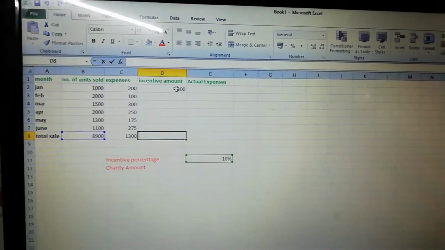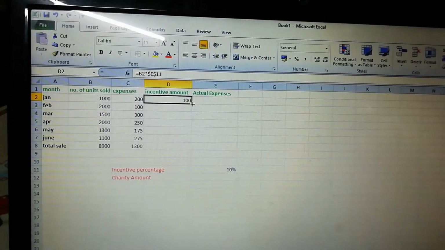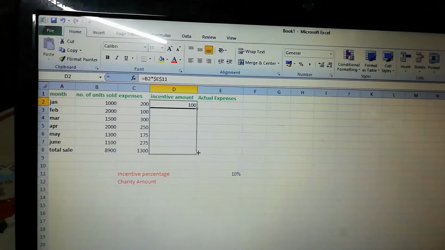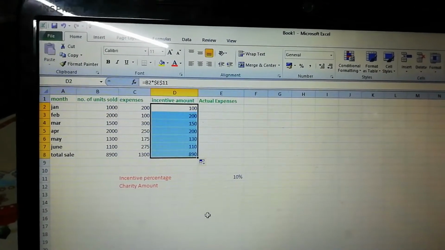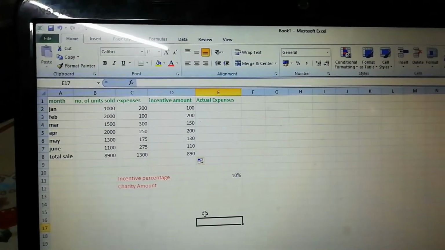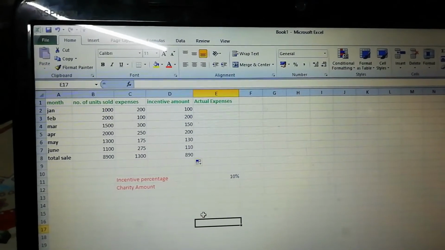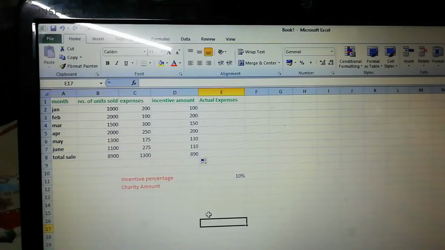According to your third point, select. When you select, there is a plus and you just drag them. And it's all automatically calculated. Clear? So this is all about absolute reference. Now come to the third one, that is mixed reference.